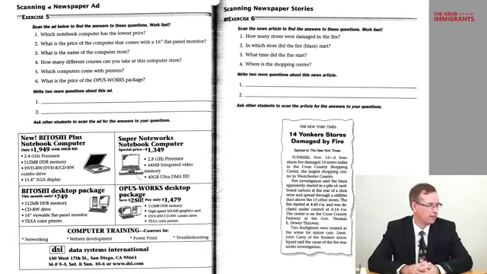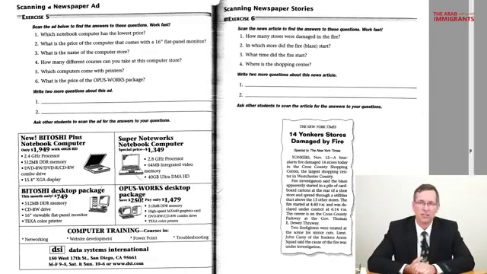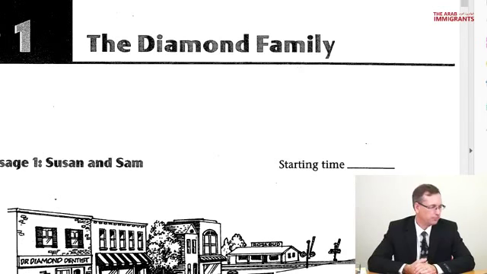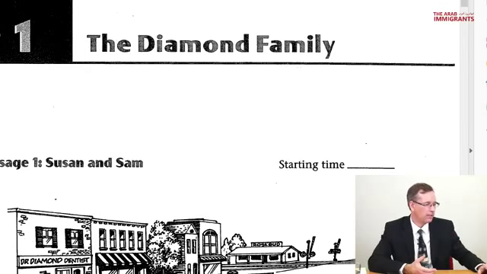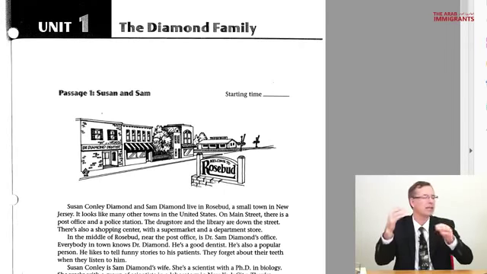Let's look at a second strategy that I talked about. So we're going to look at the reading faster questions. You see at the top it says Unit 1, the Diamond Family, and Passage 1, Susan and Sam. Here, beside Passage 1, Susan and Sam, it says starting time, and then further